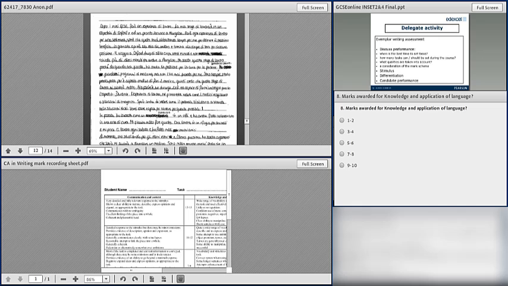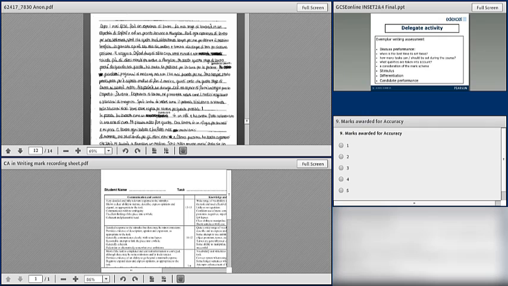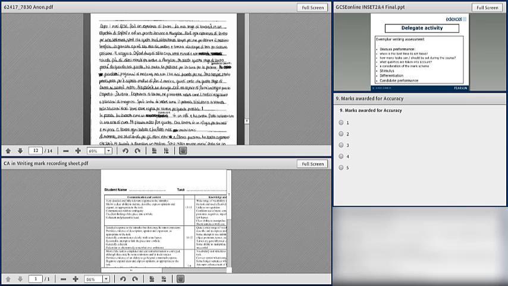For 7 to 8, I would probably expect an average, goodish candidate, but with more common language and vocabulary. This one just goes beyond the norm, so she deserved a 9. And then if we bring on the last one, we have one more poll for accuracy, where you go from 1 to 5. 1 is very many errors and 5 is perfect, almost, so a high level of accuracy.